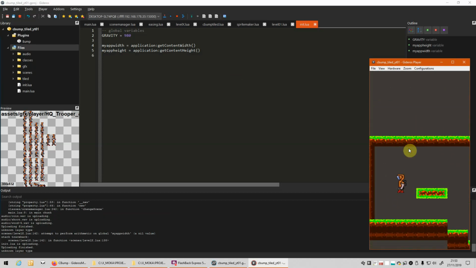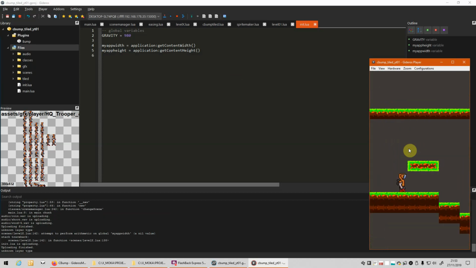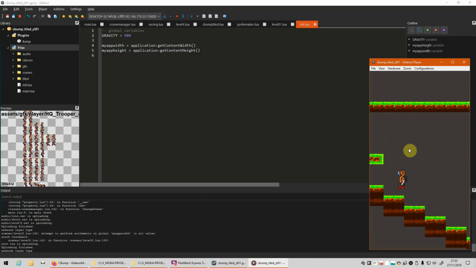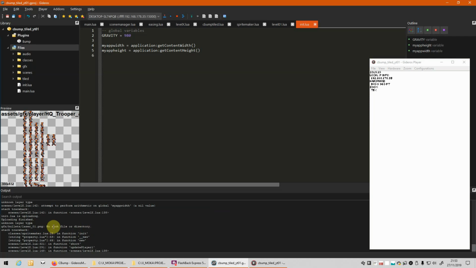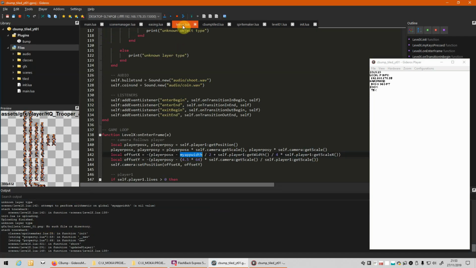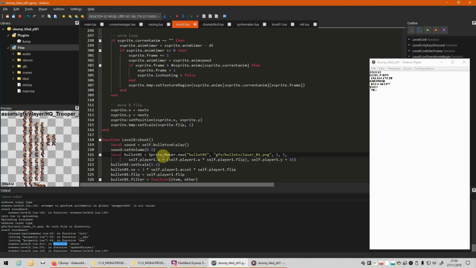So we've got the map. We can jump. We can shoot. Oh, we no such file or directory. Laser 01. Okay, so we are missing the graphics for our laser. Where is it? New shoot function shoot bullet, new bullet one.